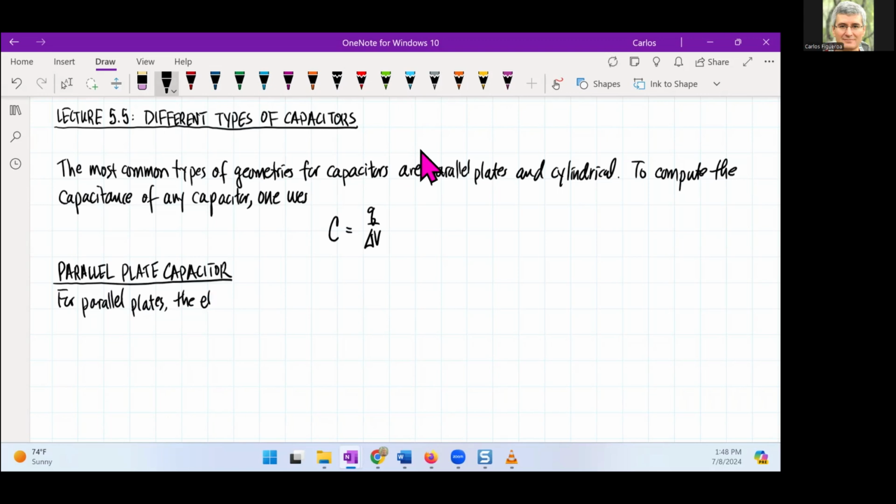The electric field is constant, but the potential depends on distance. Using what we've already done in lecture,